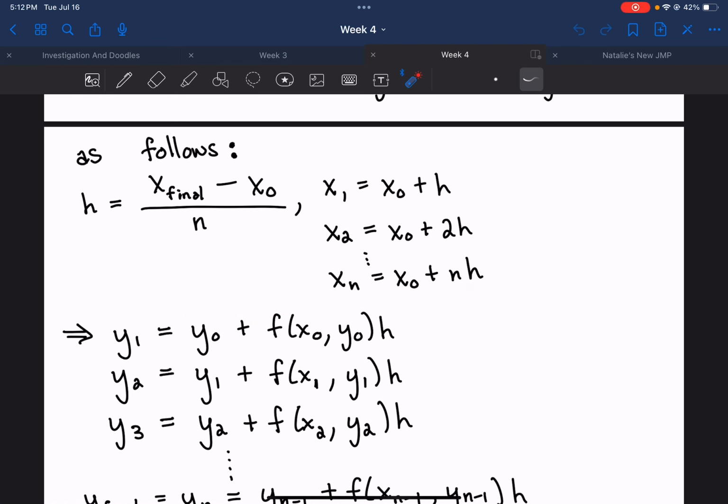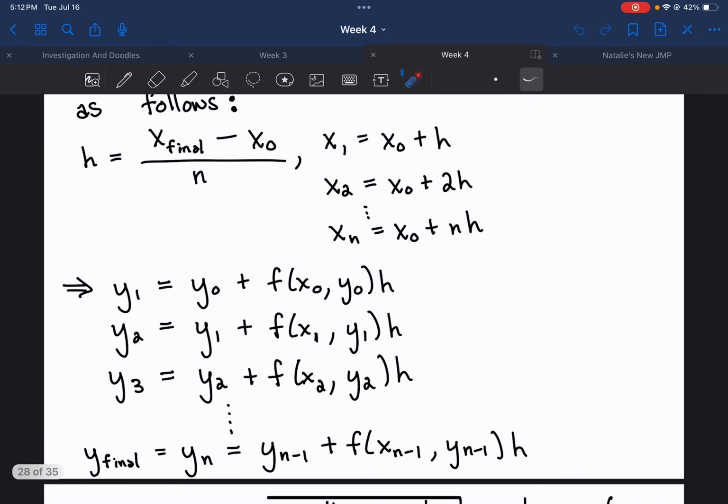Okay, given that step size, we can now calculate x1, x2, all the way up to xn. And this xn will be equal to x final. Okay. And now, to get an estimate of y1, I'm going to do y naught plus f at (x naught, y naught) times h. And then to get the second y,